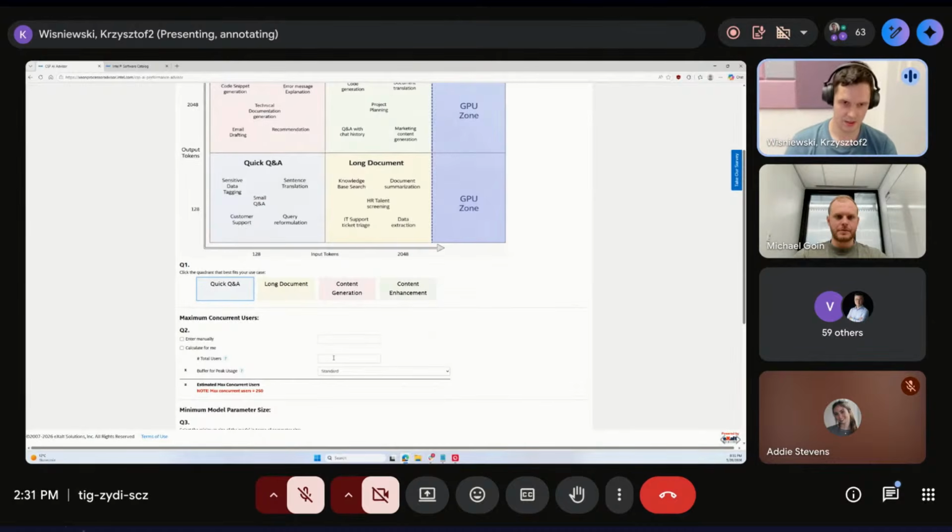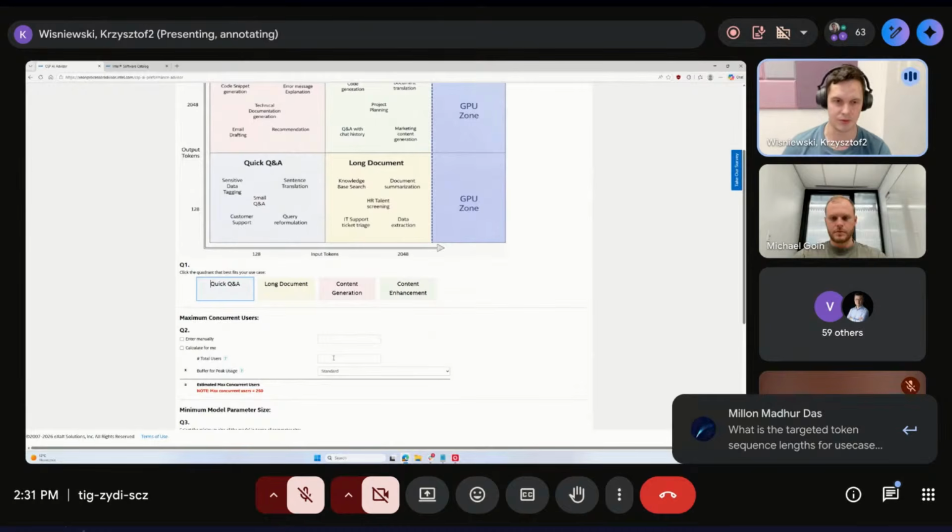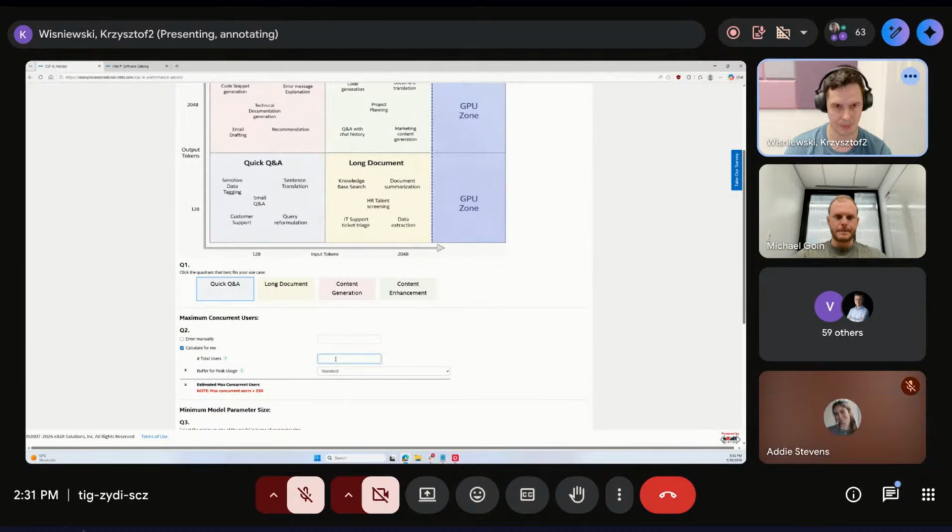Since it is designed for customers that might not necessarily know how many concurrent users you will need, because maybe they are business people and they don't need to know the nitty-gritty of the amount of users, you will tell it to calculate that for you.